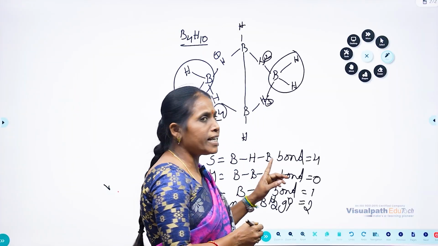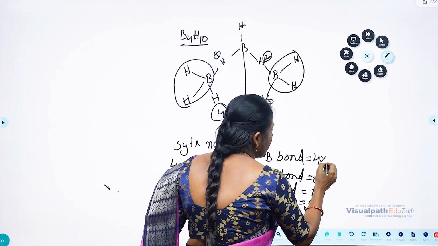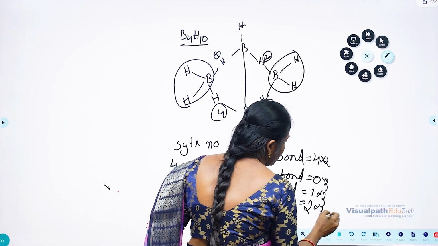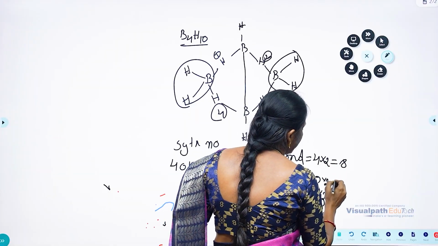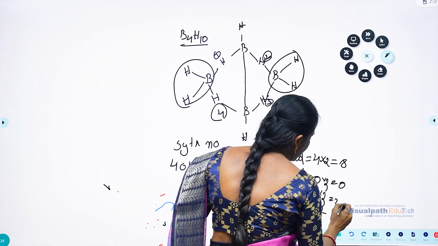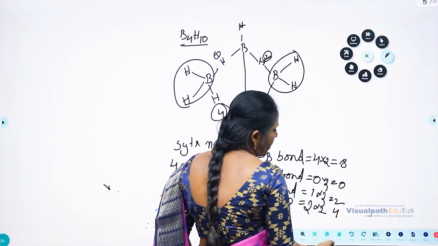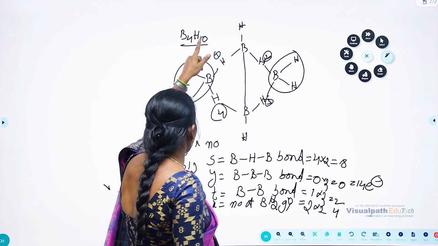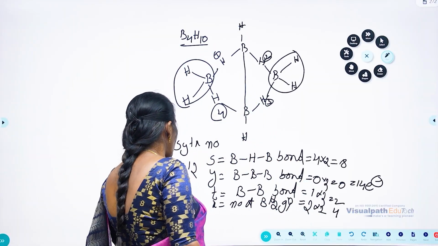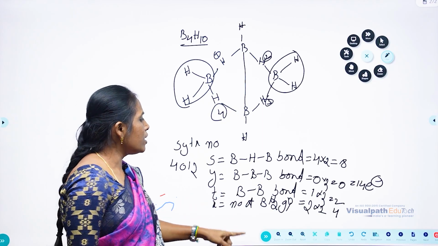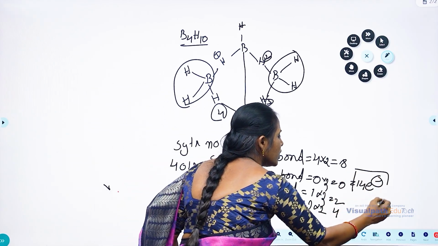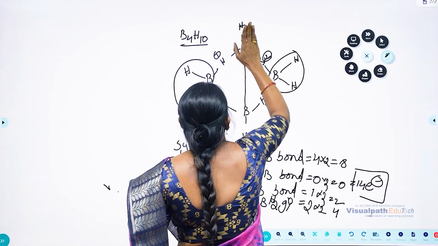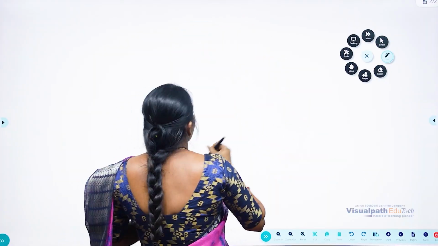How to calculate the number of electrons? Simple. Each one is with 2 electrons. So 2 electrons, 2 electrons, 2 electrons and 2, means it is 8. Here it is 0, here it is 2, and so the total is 14 electrons. In this B4H10 molecule, its syntax number is 4012 and the total number of electrons is 14. The syntax number and total number of electrons are important. Next example,